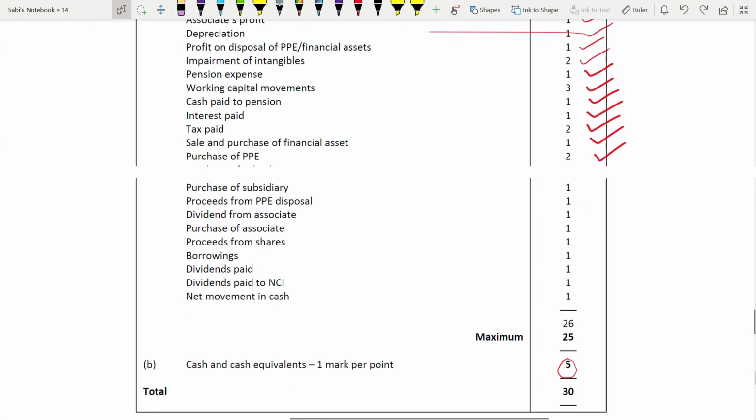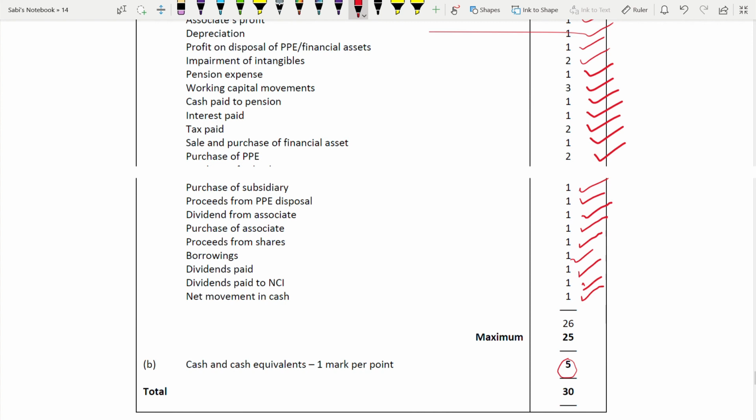Next we have purchase of subsidiary, 1 mark. The amount is given. Proceeds from PPE disposal again 1 mark. Dividend from associate. Purchase of associate. Proceeds from shares. Borrowings. Dividend paid to NCI. Net movement in cash. You see, each and every item has